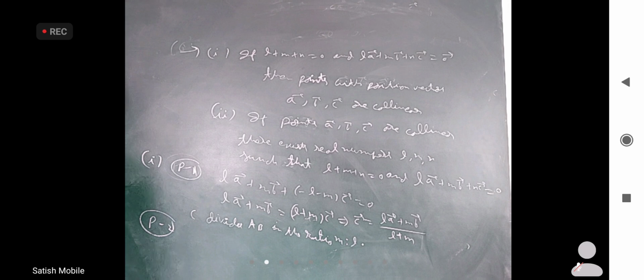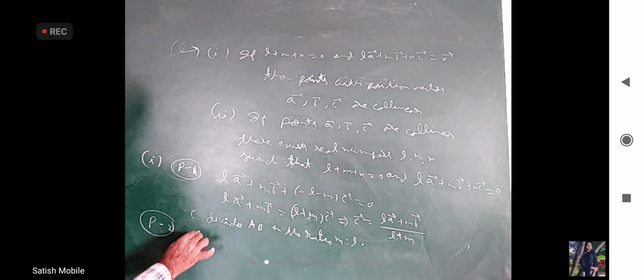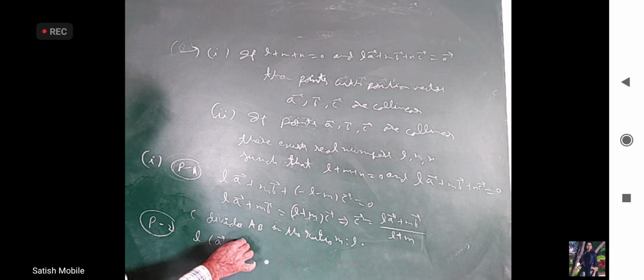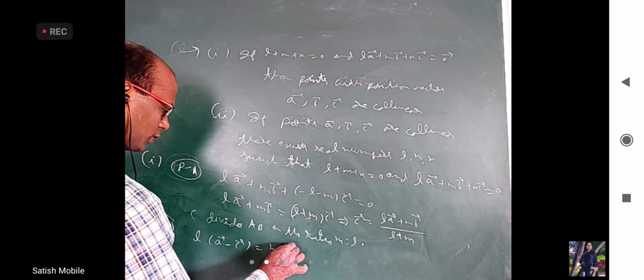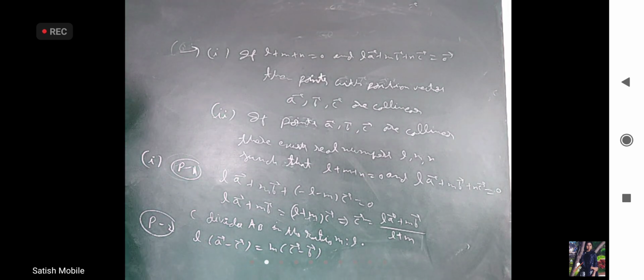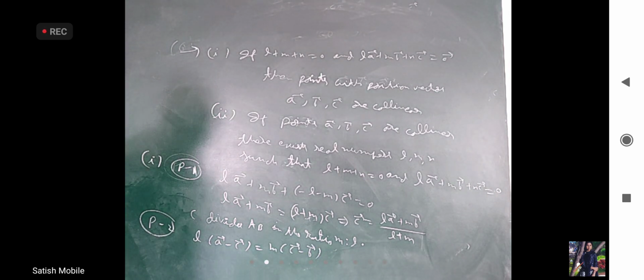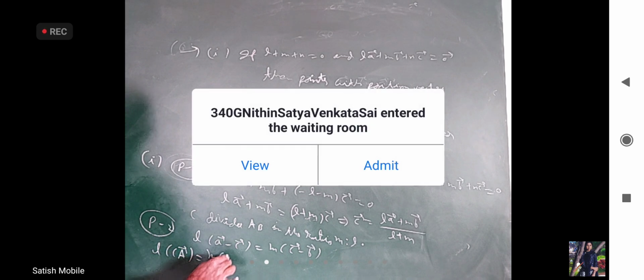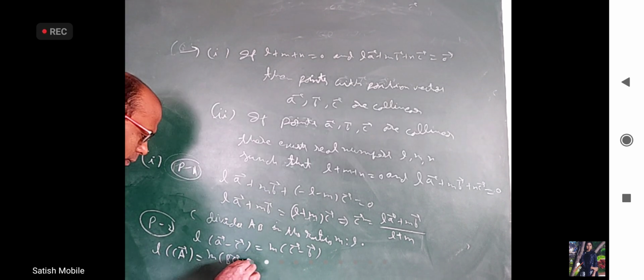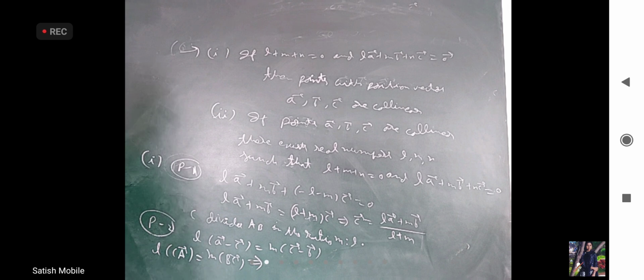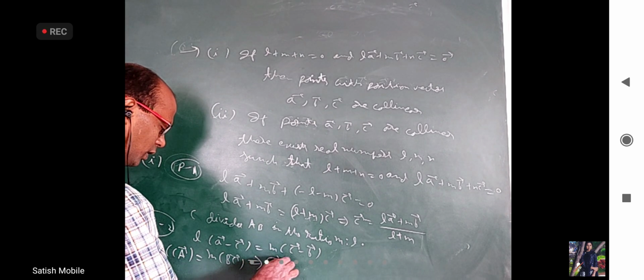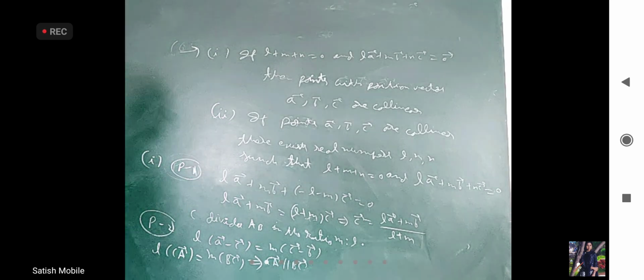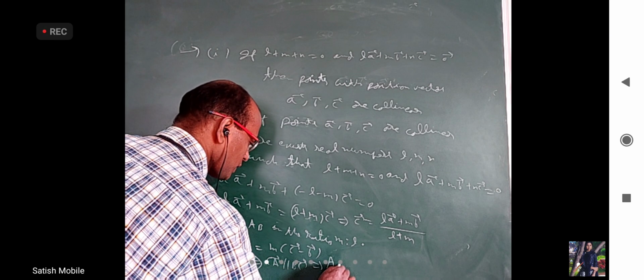Okay. Proof 2 is after this step, we can write L into A bar minus C bar equal to M into C bar minus B bar. That is L into CA bar is equal to M into BC bar, because OA minus OC is CA bar, OC minus OB is BC bar. Okay, from this I can say CA bar is parallel to BC bar, and from that I can say A, B, C are collinear.